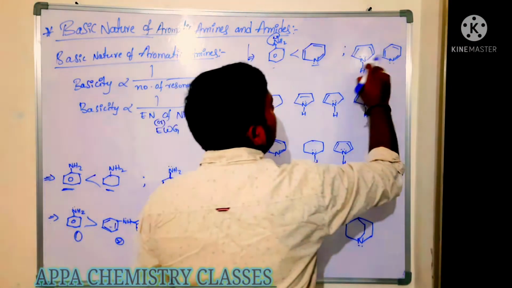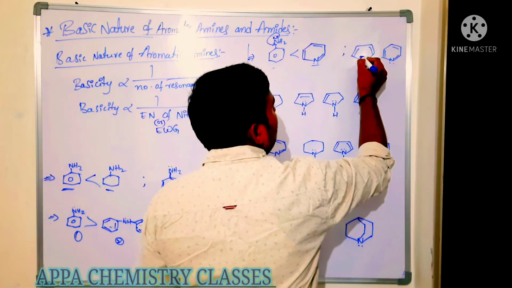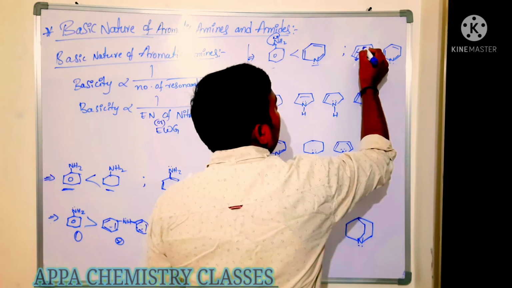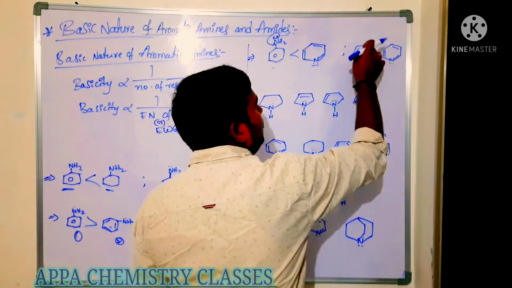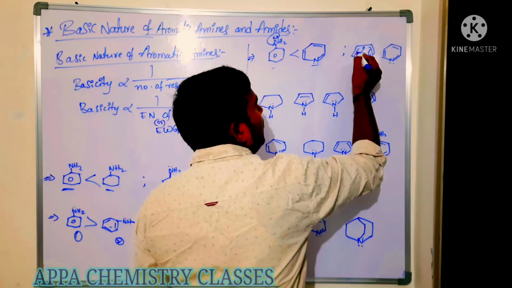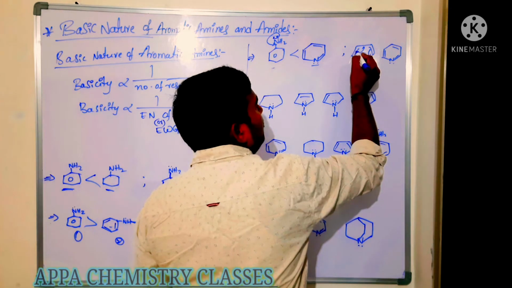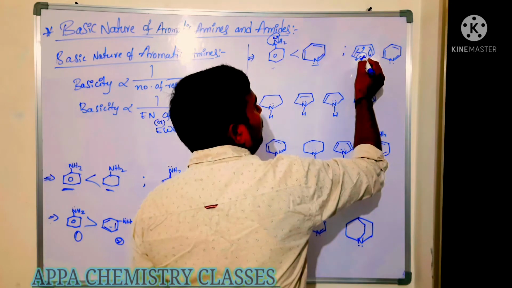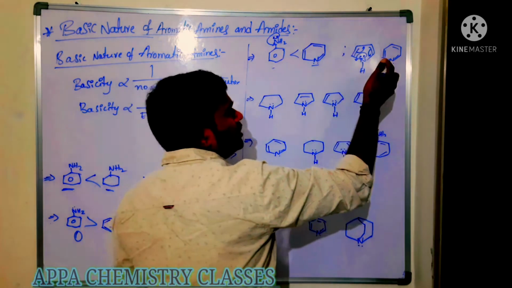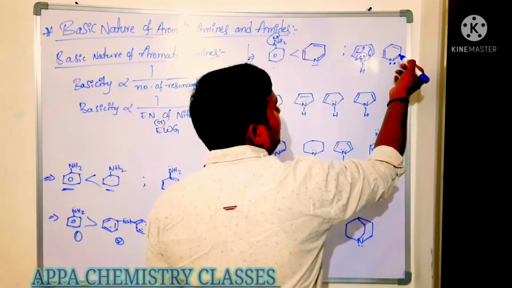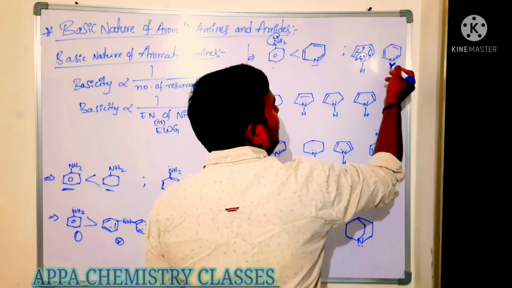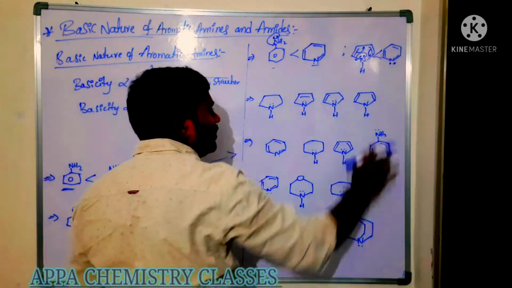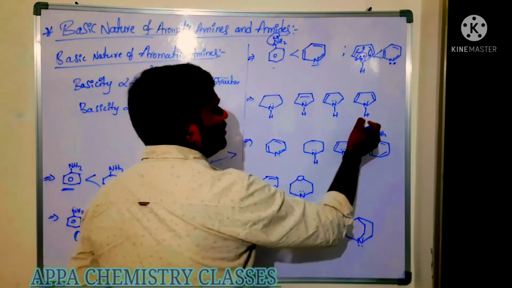Now you can compare these two here. Here the lone pair is present inside, and it is involved in the delocalization. Now you see, alternation is there or not. Here lone pair, pi bond, lone pair, sigma, pi, again sigma, pi, sigma, pi, here sigma, here lone pair. So alternation is there, so conjugation is there, but this lone pair is outside the ring. So it can easily donate. So it is more aromatic, so it will have more resonating structures. For that reason.